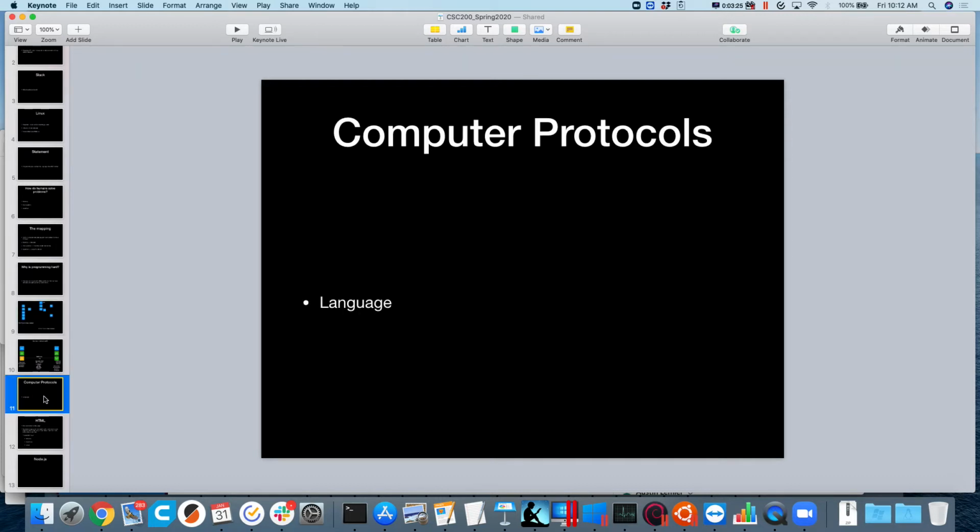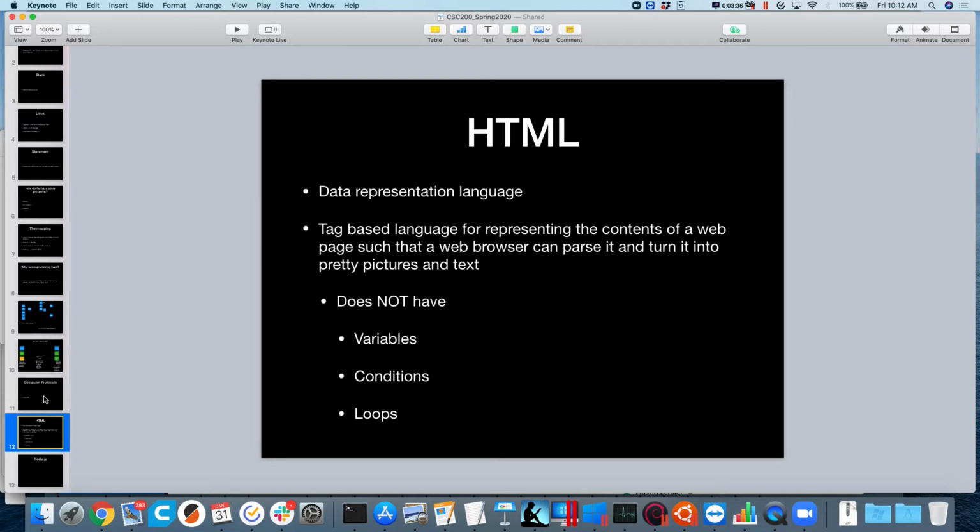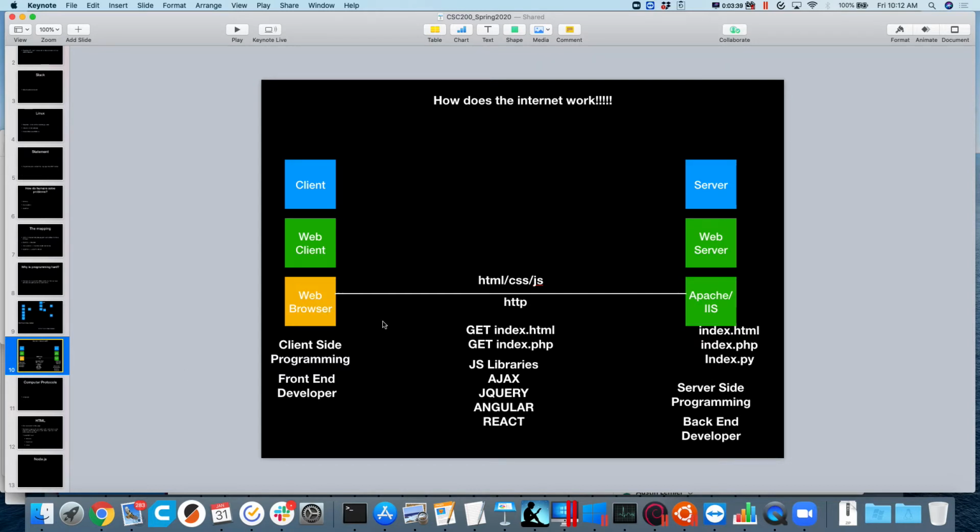Okay, so we talked a little bit about computer protocols. So these are a fancy way of saying the languages that different things speak to each other. We're all speaking the English protocol right now. The web server, this guy right here, he speaks a protocol called HTTP, Hypertext Transport Protocol. Even though we're not dealing with networking necessarily in here, later on in the class, we're going to be dealing with something called web scraping, where instead of hitting a website and viewing the contents inside of a web browser, we'll be having our Python program grab the HTML from a web page,